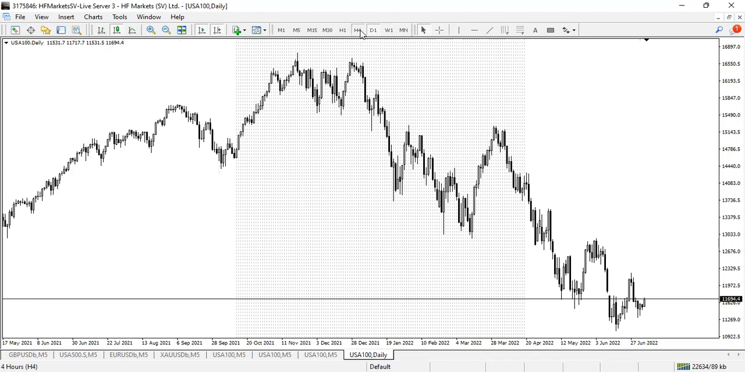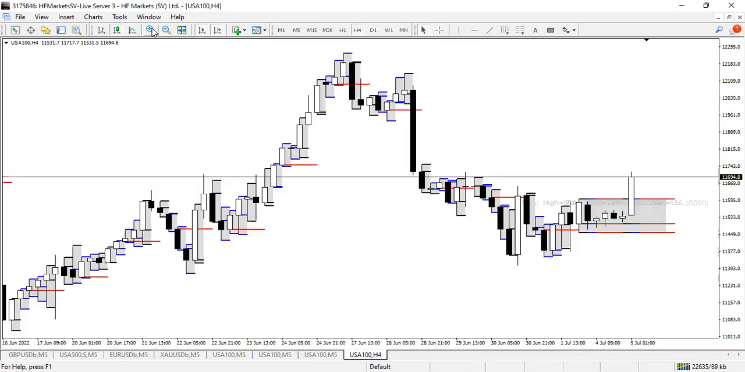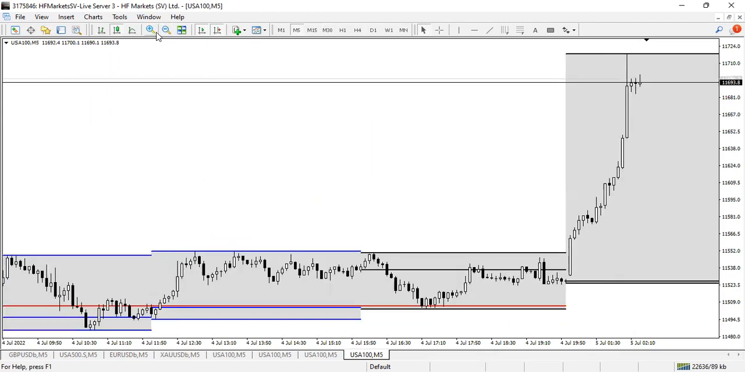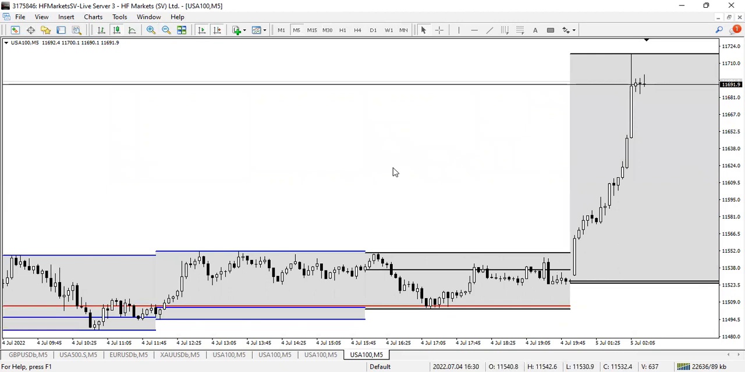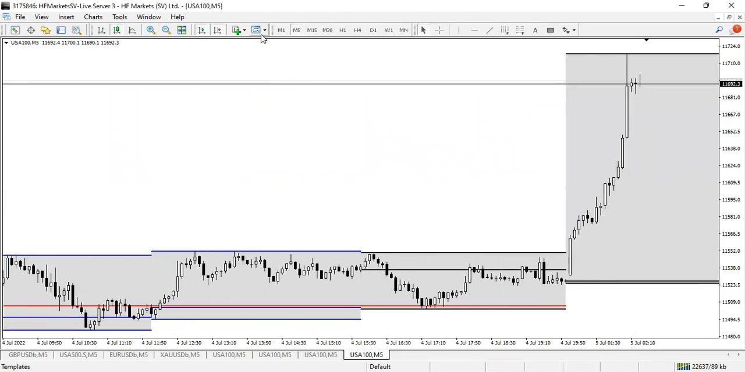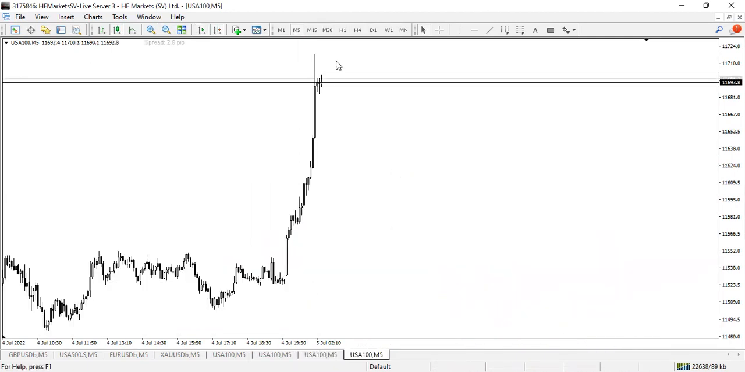H4, I don't use H4 a lot, but here it is. If I was to use an H4 chart, it's actually not for H4. I think this is actually for M5 as well, but it shows H4 views. So if I wanted to do this, I could have, but not necessary anymore. So I have one saved as a naked chart where there's